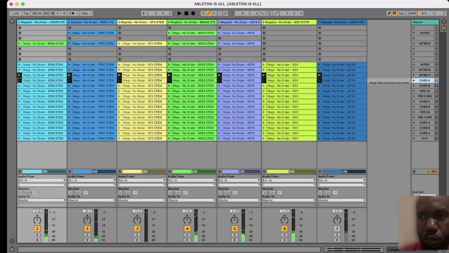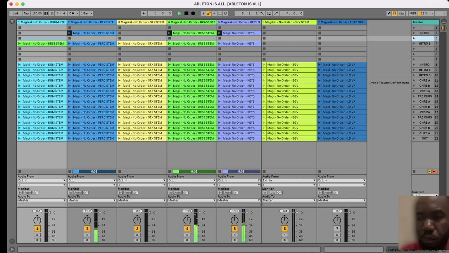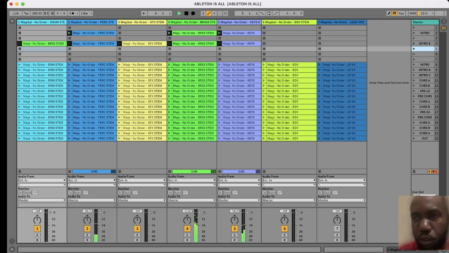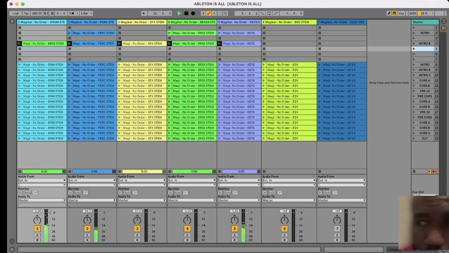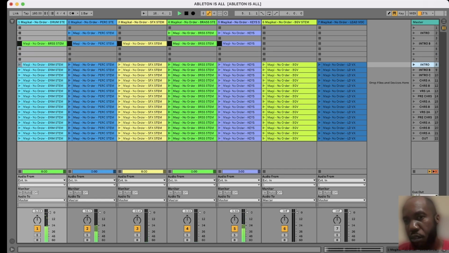So that means we could be here where the MC is doing all the intros and all of that talking. Magikal could pick up the mic and do his man from Vinci and all this stuff, and then we could go down to. And he could still be doing the drama on this part. He could still be getting all the drama on this part, and then you also want to say, you know,